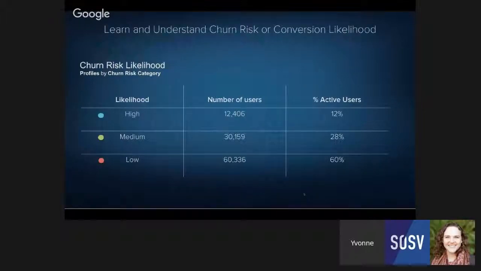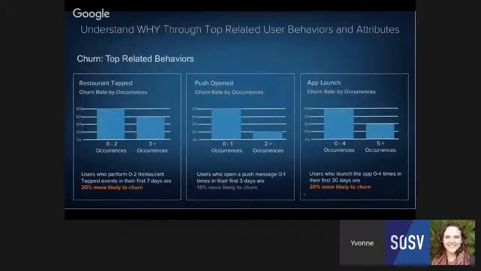And when we look at churn risk, we also are able to predict conversion likelihood. So depending on your objectives, if your objective is to reduce churn or to drive conversion, you can define that objective, and then we will auto-segment users into those different buckets. So again, we'll tell you high, medium, low, the number of users, and the percentage of active users represented in those buckets. The other thing that we are pretty passionate about is not just helping you understand who falls in what buckets, but why they fall in those buckets.